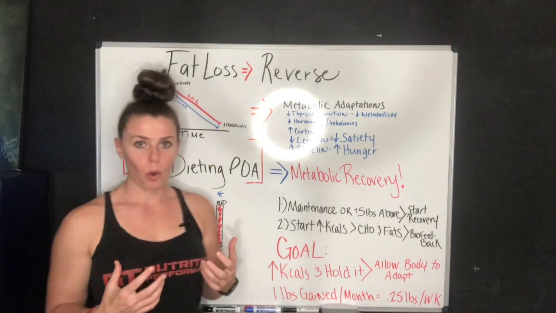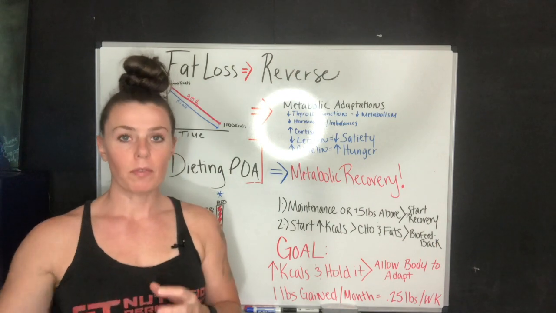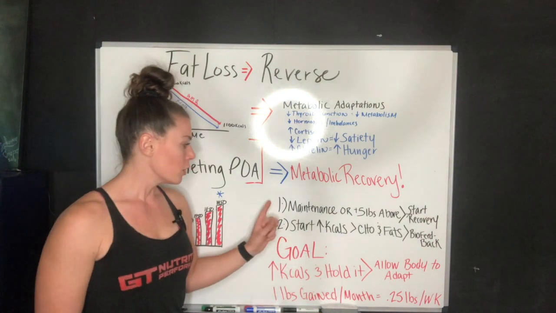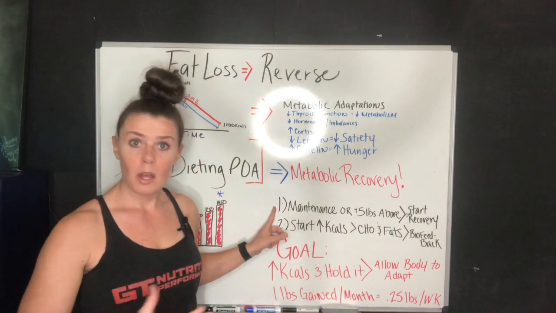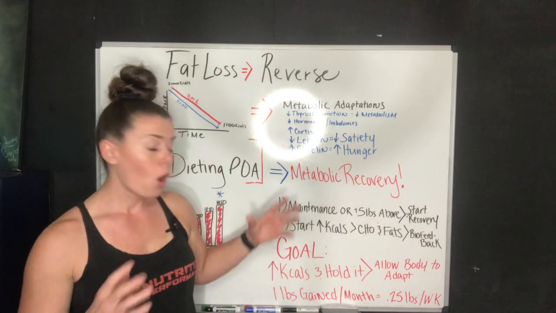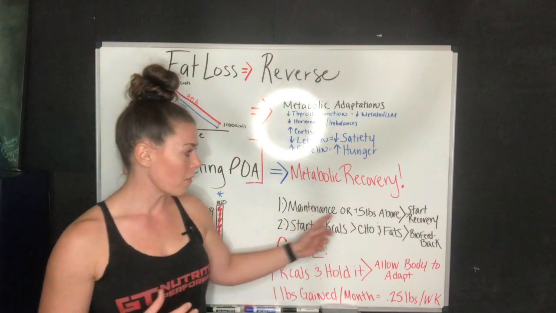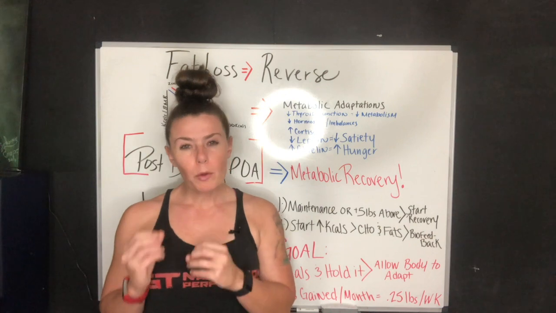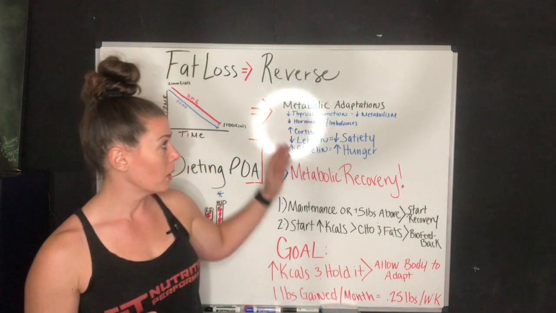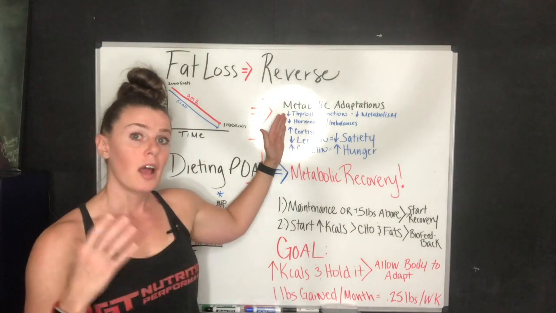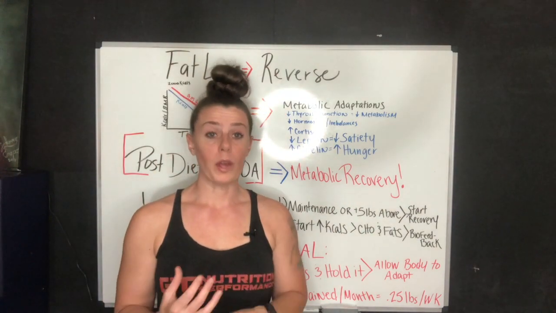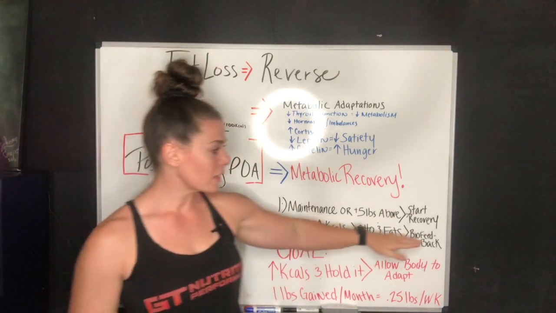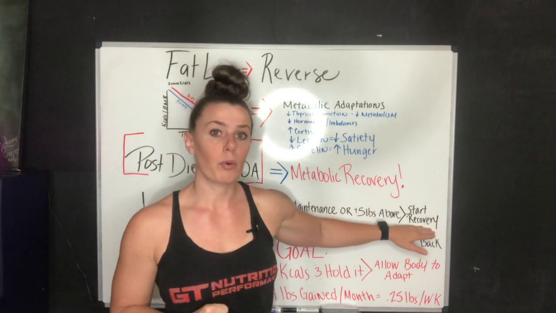Now, how do you go into a reverse coming off of a fat loss? I already briefly touched upon that, but let's revisit it here really quick. First things first, go into maintenance calories, or you can even set your maintenance calories 5 pounds above what your actual maintenance is in order to put on a little bit of weight, because that's what's going to help with the metabolic adaptations that occurred, more specifically with leptin, and also with balancing out hormones. And you want to stay there, and it's going to start that recovery process.